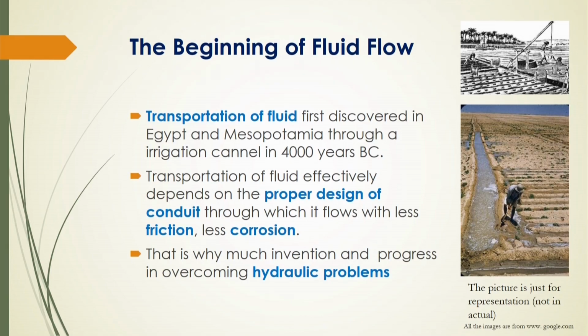And if we look at the very beginning, the transportation of fluid happened in the early 4000 years BC, and it was first discovered in Egypt and Mesopotamia through irrigation channels in 4000 years BC. Transportation of the fluid effectively depends on the proper design of the conduit through which it flows with less friction and less corrosion. At that age, it was seen that whenever fluid flows through the channel, there will be